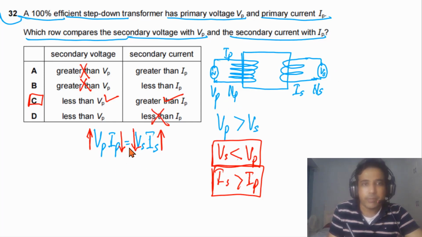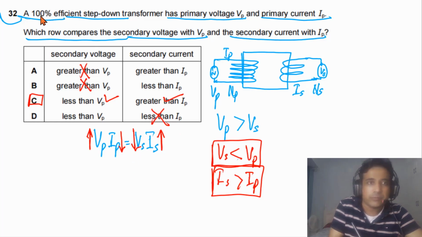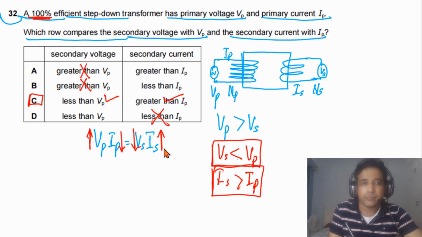This is the best way to answer this problem, because it is given to you that it is a 100% efficient transformer, so the power input has to be equal to the power output. This is a step-down transformer, which simply means that the secondary voltage has to be lower than the primary voltage,